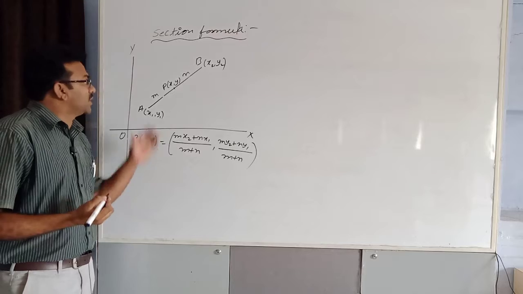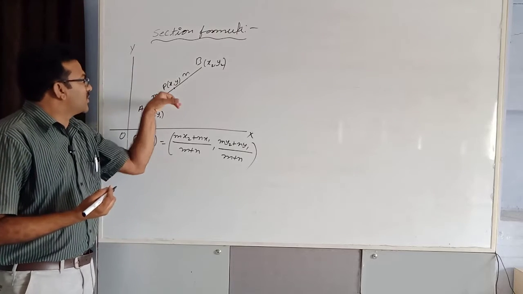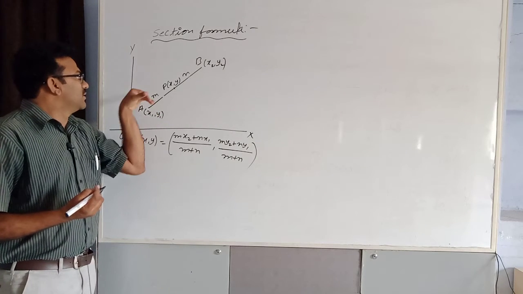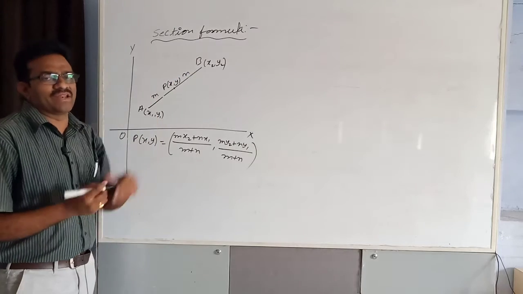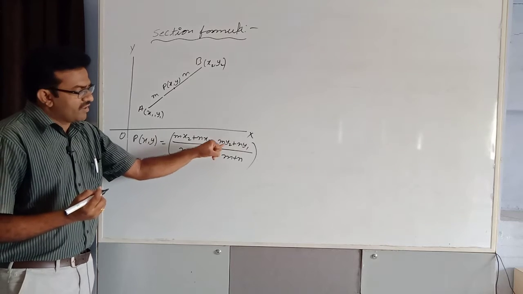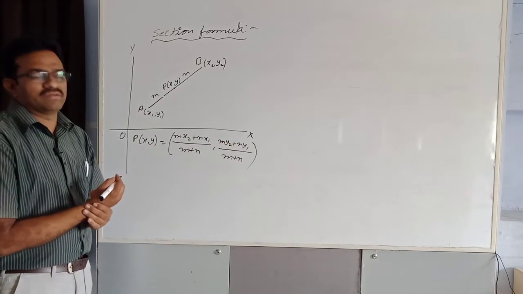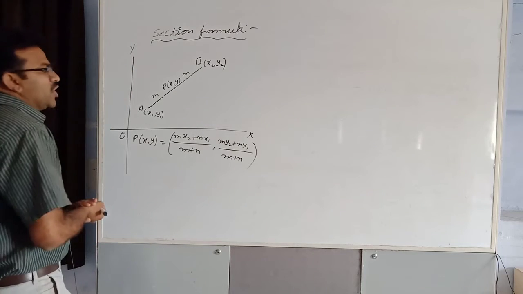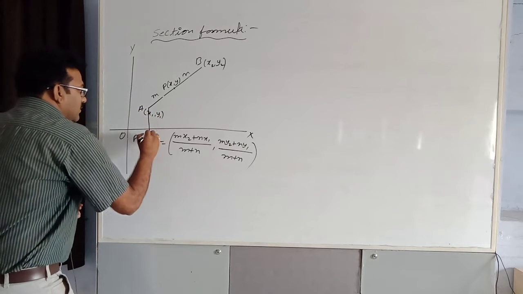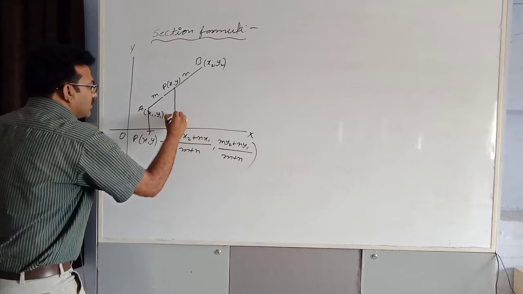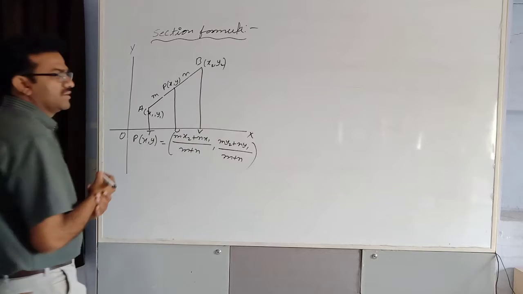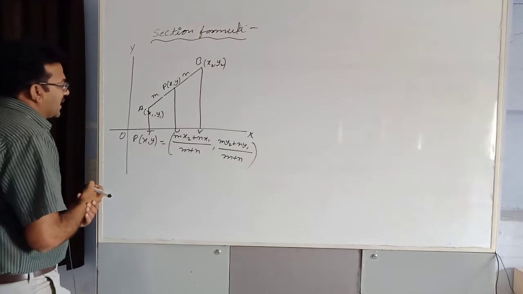Now we are going to prove the section formula. That means point P divides the line segment AB in the ratio m:n internally, that is ((mx2 plus nx1) by (m plus n), (my2 plus ny1) by (m plus n)). For that I am going to take 3 perpendicular lines from the x-axis: T, from U, and from V. Similarly, I take perpendicular lines from the y-axis,